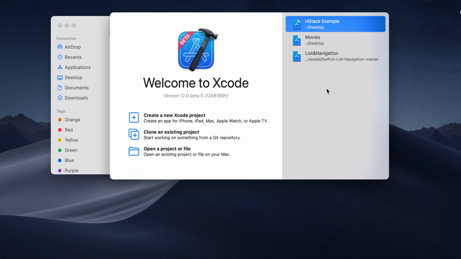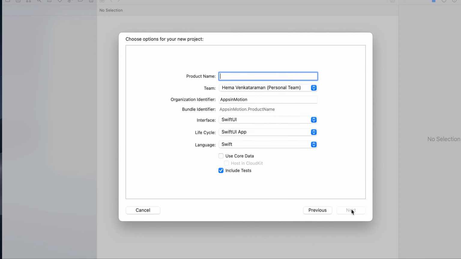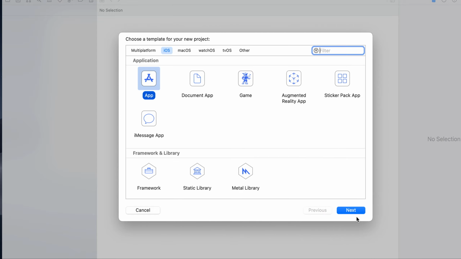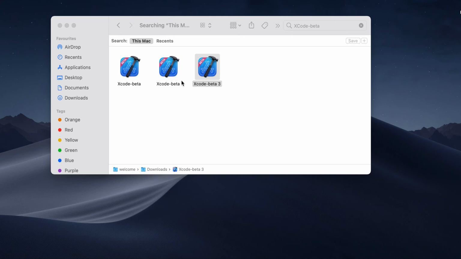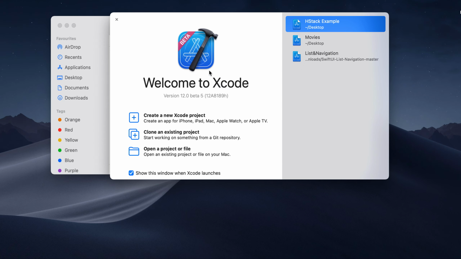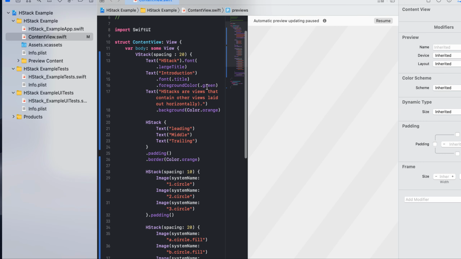Okay. Right. So now we are going to create an HStack example only. So we'll just say create an Xcode project. It's already there, so now I'm just saying next, then HStack example. Oh, new project. Sorry, I've already done it, so let me just close this. Sorry, cancel. Okay, now I'm starting with Xcode and I'm going to look for this. Right. Okay, now it is HStack example.